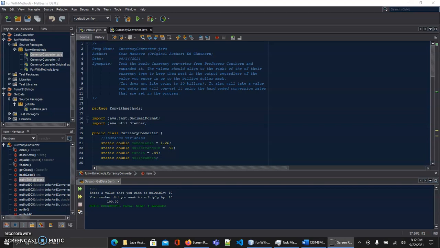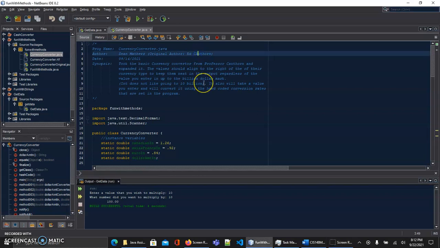I know it's a few days late. I was having trouble with the scanner input. I couldn't get the method to work right and utilize it properly. But what I did for coding over the week, last week, was taking the